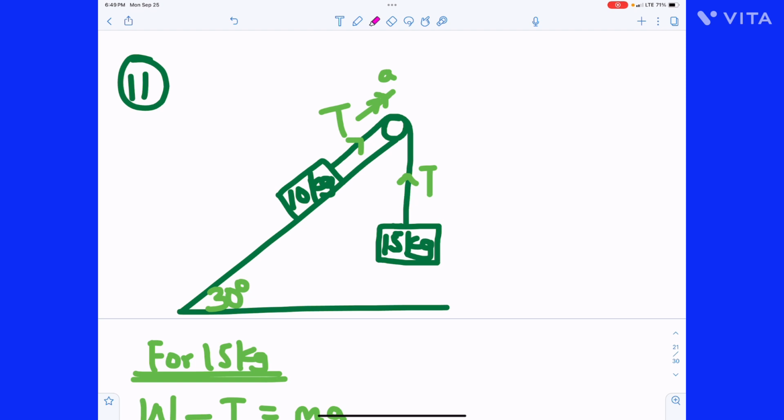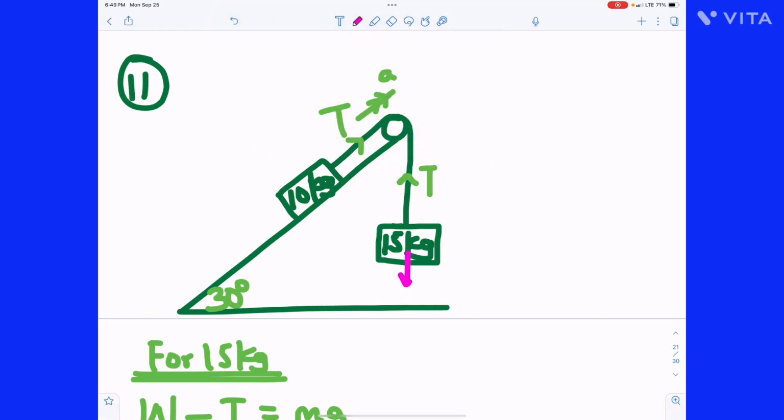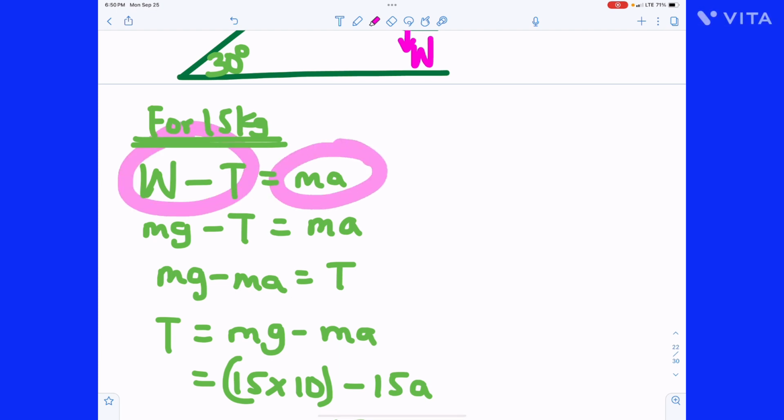If you look at the diagram very well, the weight of this 15 kg will be acting downwards here. Since the system moves downwards on this side with an acceleration A, that means the weight of the 15 kg mass overcomes the tension in the string. And the difference between the two of them is the net force acting on the mass. So W minus T